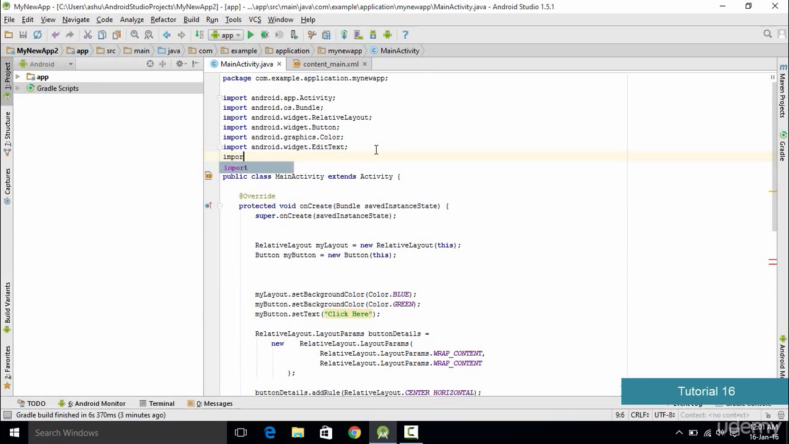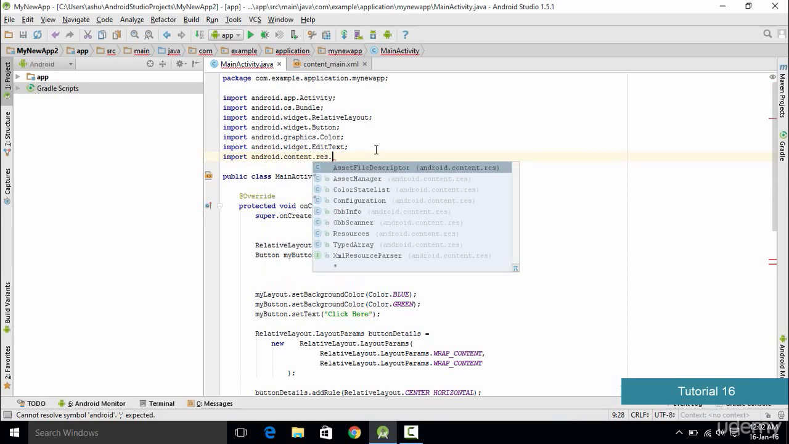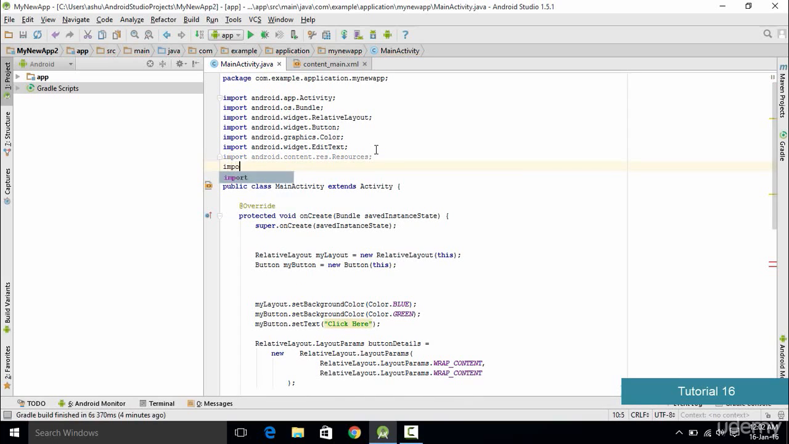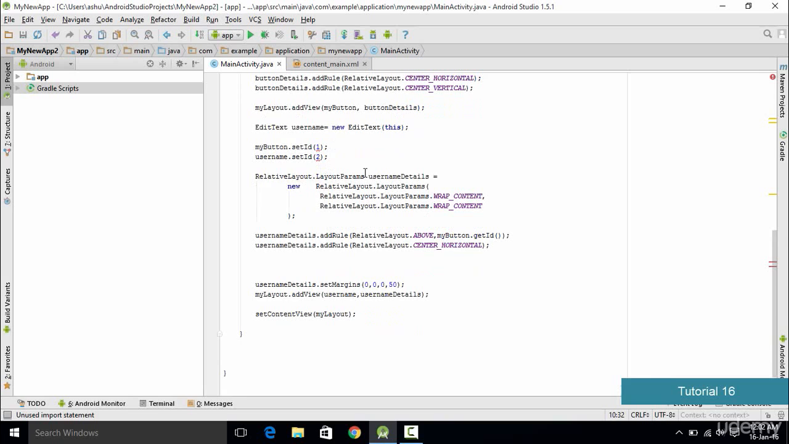So we type import android.content.res.Resources, and we are going to need one more package. So we type import android.util.TypedValue. Now if you don't understand for what purpose we have used these packages, then you simply hold on, you'll understand it later on. So now once you have added the imports,